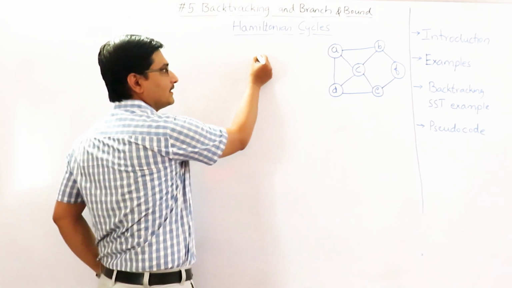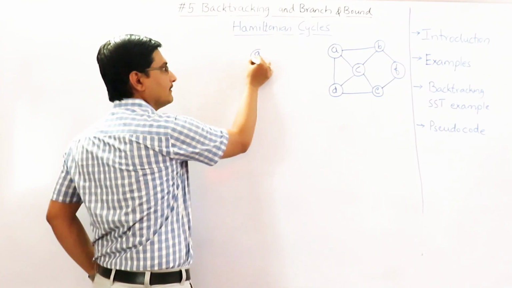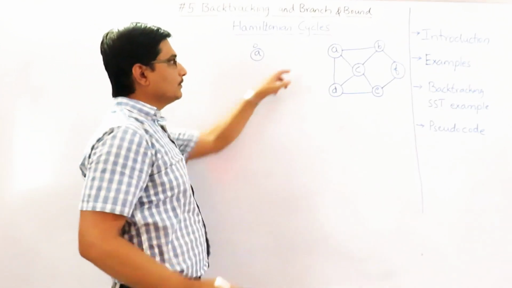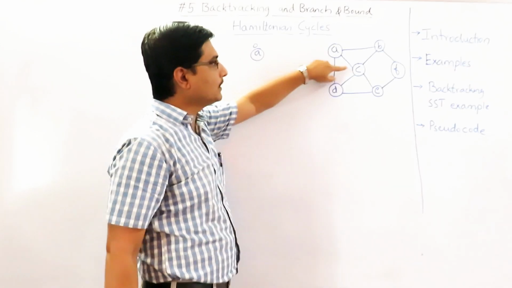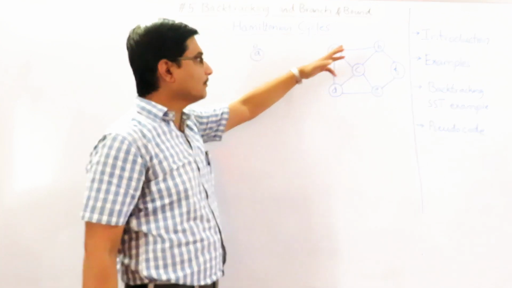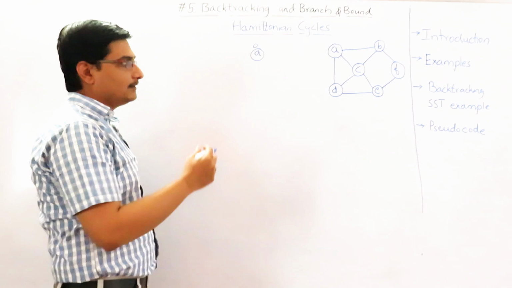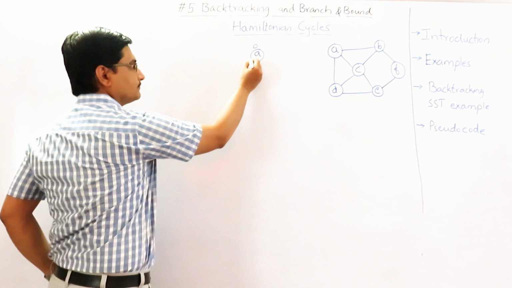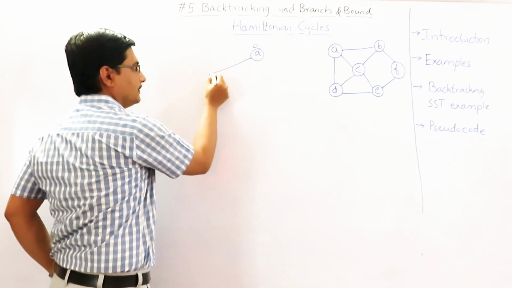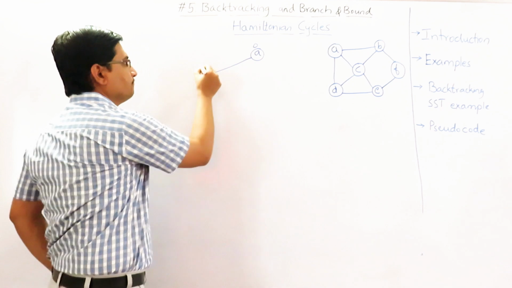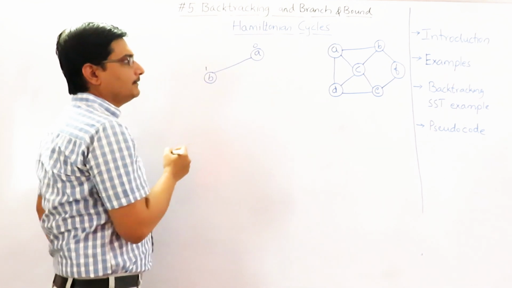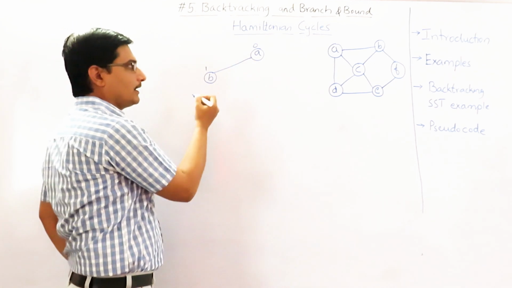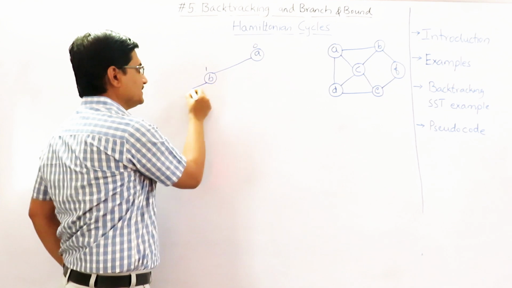Say if we want to construct the state space tree for this, at the 0th level or the root level, we have visited 1. So from 1 we have 3 paths, that is 1 to D, 1 to C, and another one to B. The tie can be broken by considering the alphabetical order. Let us go for B. Let us visit B. From B there are 2 paths, one to F and another one to C, and another one is A. A is already visited, so we will go for C.